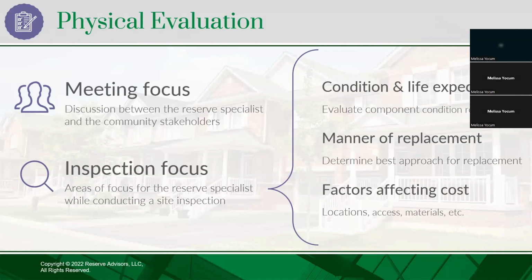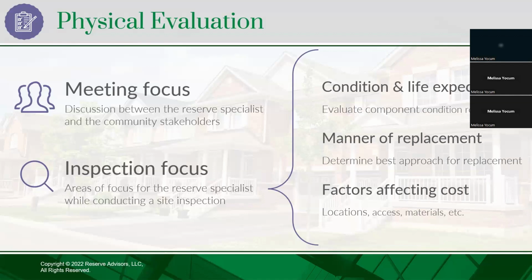So we're going to push it out past the typical useful life because the condition warrants that. We're also going to look at the manner of replacement. What makes the most sense here for replacement of these projects? Is it a pretty small community, one small section of fence that makes sense just to do it all at one time? Or is it a really big association with miles and miles of streets and it was built over 10 years? Maybe it's something that we should phase and show partial repaving on a less frequent basis instead of as one big project, right? Or maybe painting of the buildings. Maybe you're on a regular paint cycle for the buildings. We'd want to make sure we incorporate that into the reserve study.